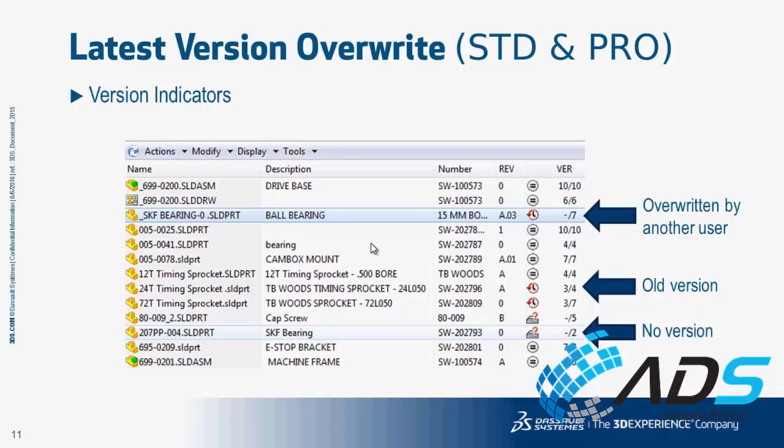The version indicators. Once we have the ability to overwrite a version, we need to let other users know that, even though they have a version on their machine that still is the latest number, it might not be the actual latest because somebody else checked it in and overwrote it. As you can see in that first line, that's what it'll look like. It'll be a dash for the version number, but it'll have the red clock letting them know that they don't have the latest version. We'll also mark